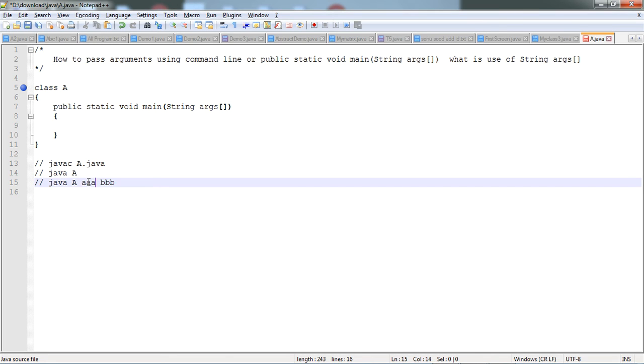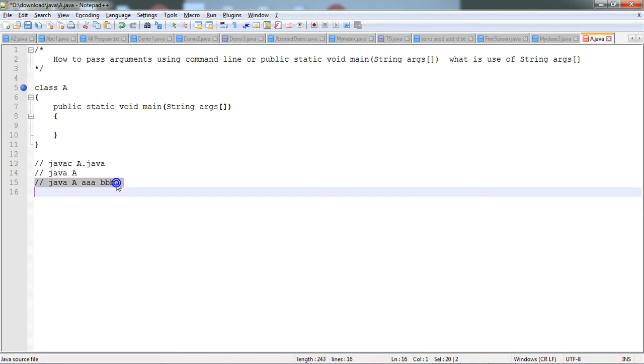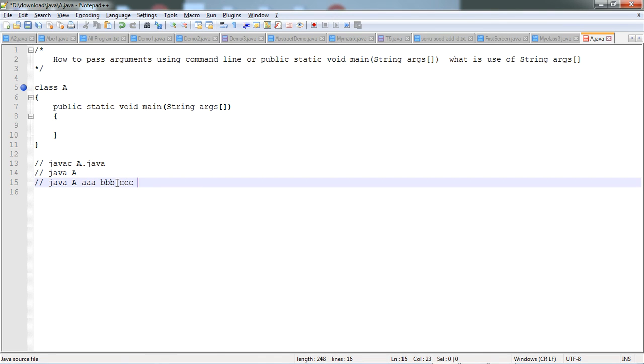If I write a, b, then c, then 10, then 15, these could be arguments. Here I pass five arguments. But we are in the learning phase, so I use just two arguments and remove these.